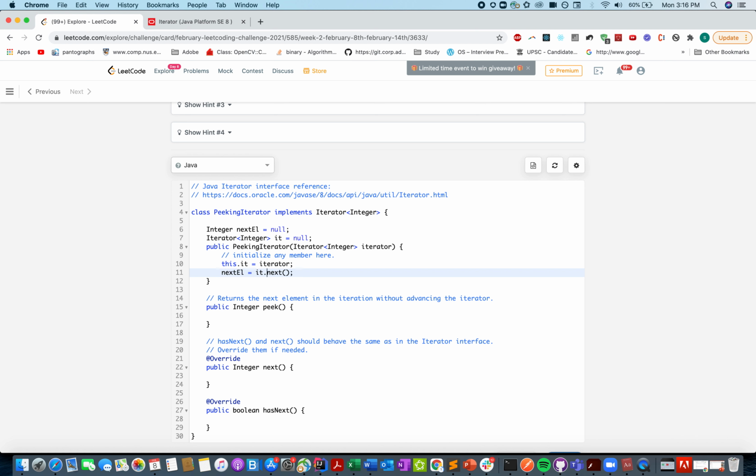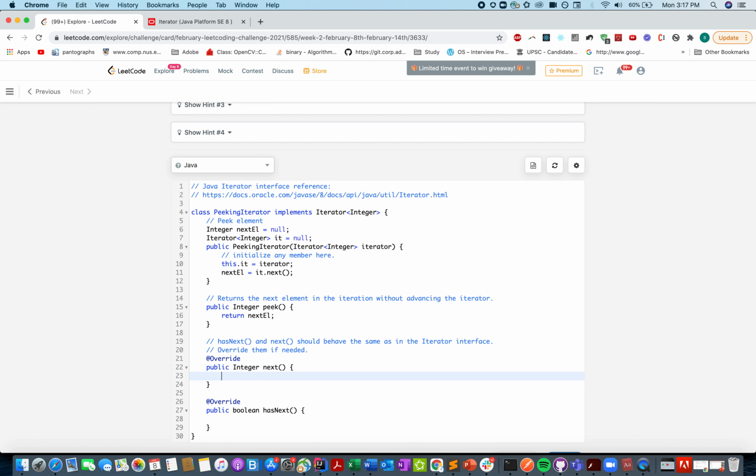So next element becomes it.next. Pretty simple. We stored the next element, whatever it will be, in our peek element variable. So this is used for the peek element, and whenever we need to return the peek element, we'll simply return the next element.